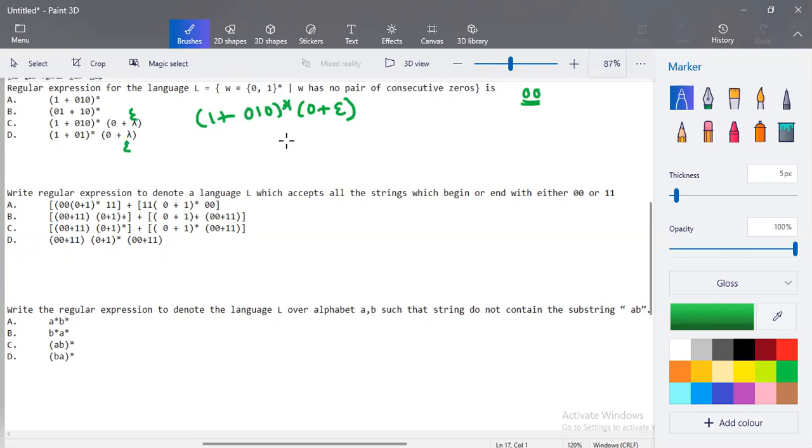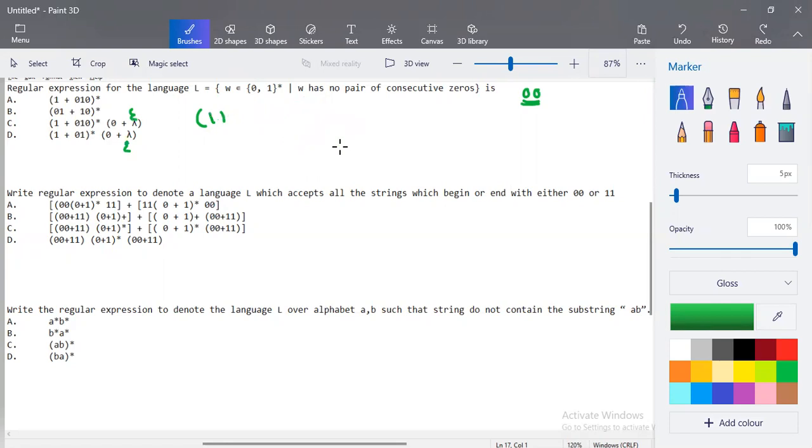So let me consider 0, 1, 0 comes into picture and followed by either epsilon or 0. In case we have a 0, then 0, 0 may come into picture. 0, 0 will be accepted. The reason is we have (0, 1, 0)* that comes into an infinite loop. So it goes for any number of iterations and that is followed by either 0 or epsilon. In case 0 comes, we have two consecutive zeros. So C is also not the option that we are looking for.